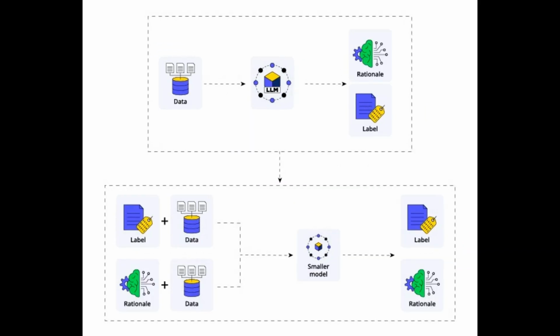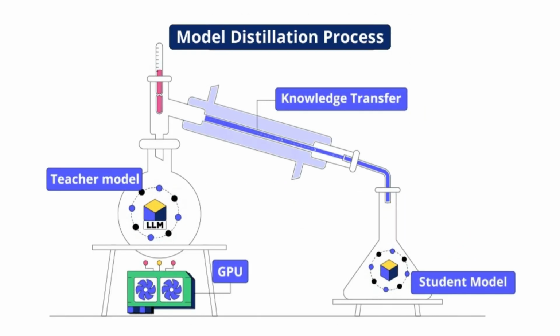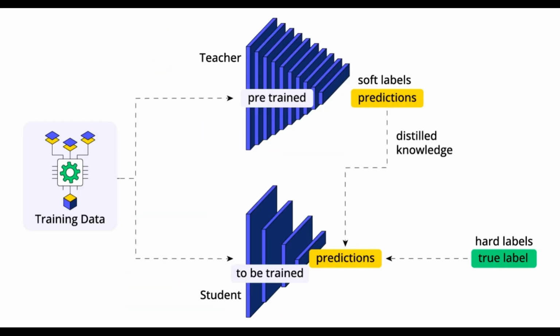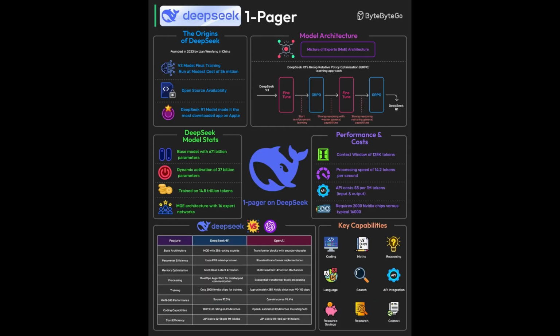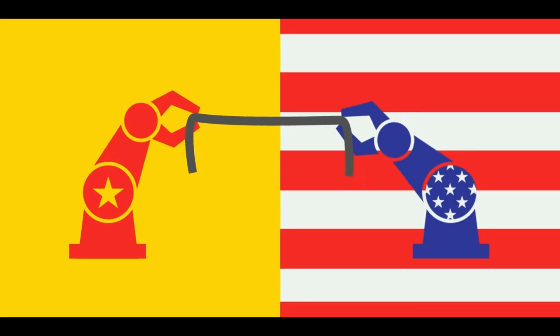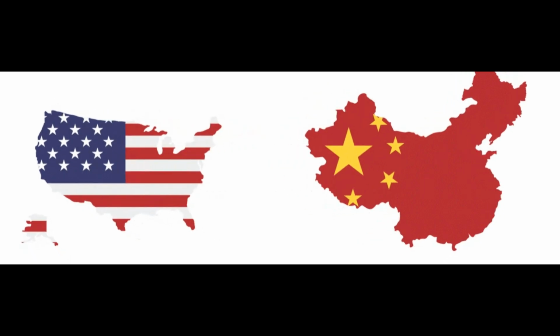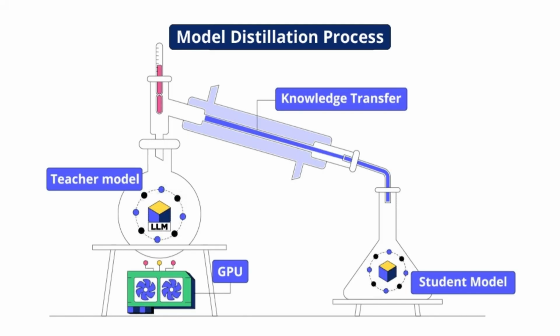Efficiency and faster inference. Distilled models run faster with lower latency. Reduced computational costs. They require less hardware, which is great for your energy bills. Deployability on edge devices. Since they're smaller, they can fit onto smartphones, IoT devices, or embedded systems. Specialized fine-tuning. You can still fine-tune these smaller models for specific domains like coding or medicine, at a fraction of the original cost.